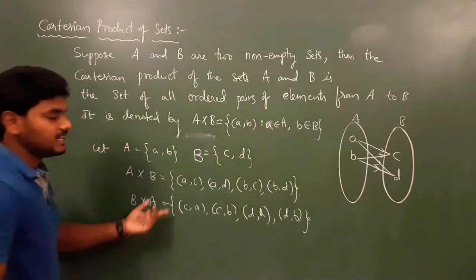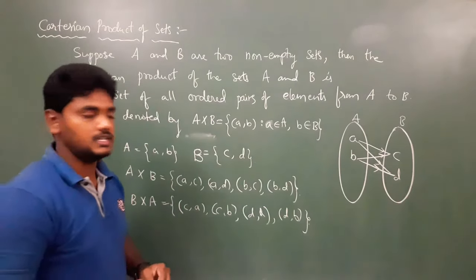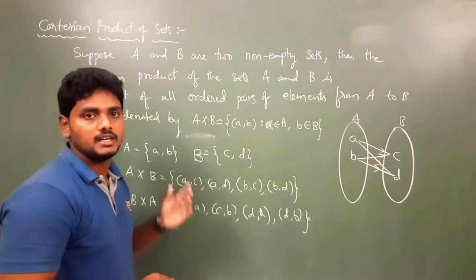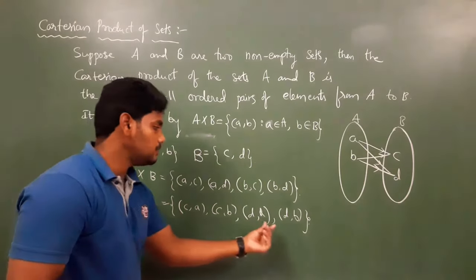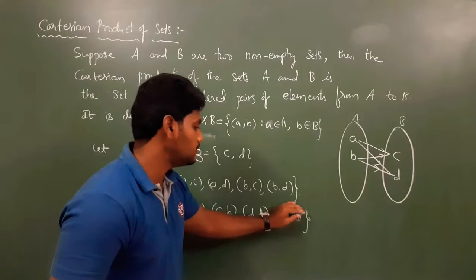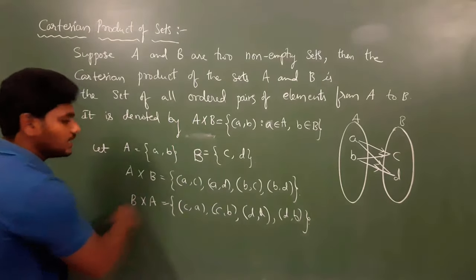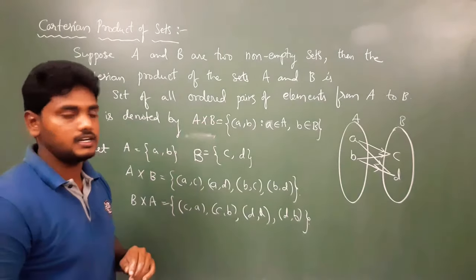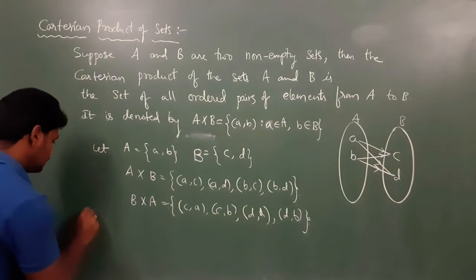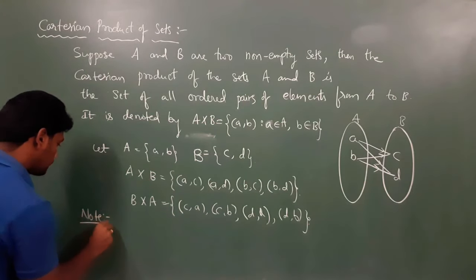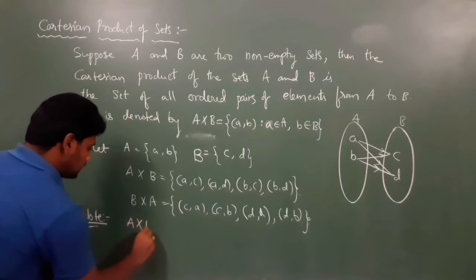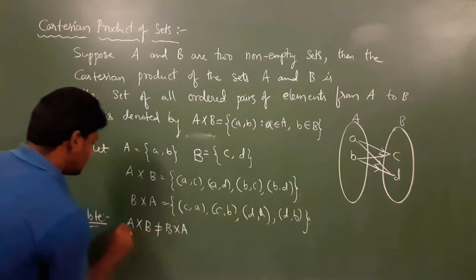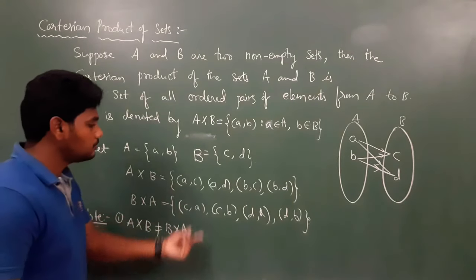This is what a Cartesian product of two sets is, in which we will use ordered pairs. Set of all ordered pairs is nothing but Cartesian product. If we miss any one element, nothing but if we miss d comma b, that won't be Cartesian product. Why? Because Cartesian means set of all, right? Here you can write one note point. A cross B is not equal to B cross A, right or not? Is A cross B equal to B cross A?